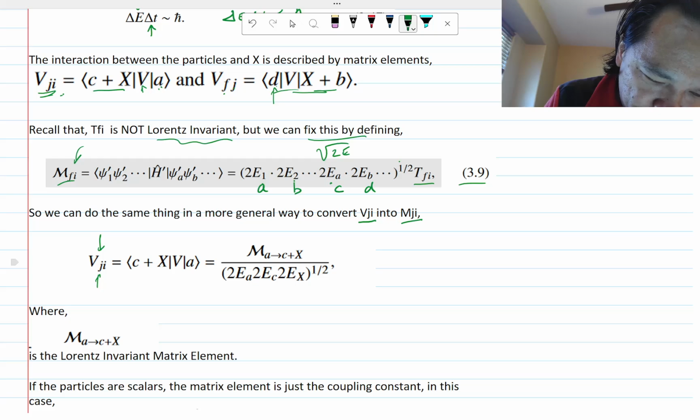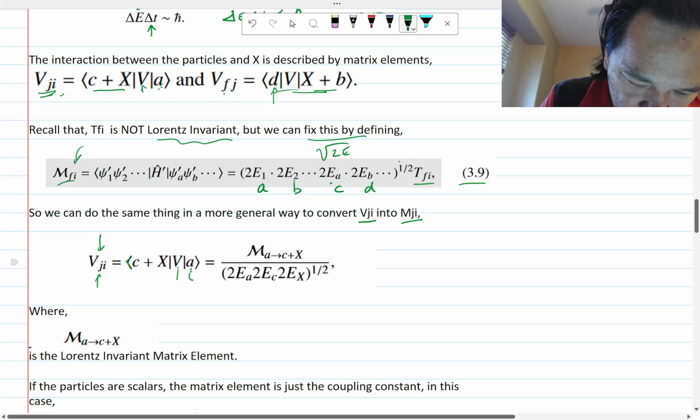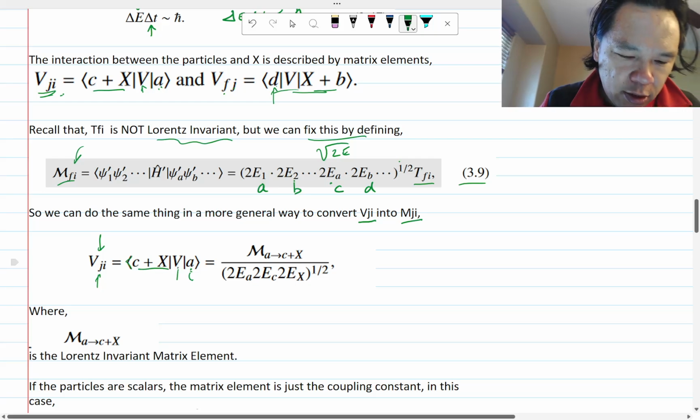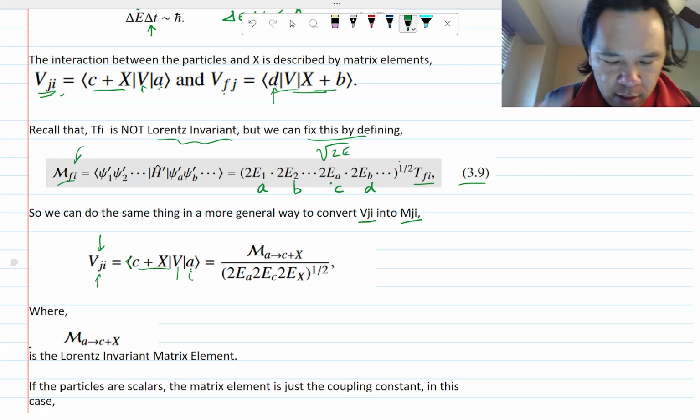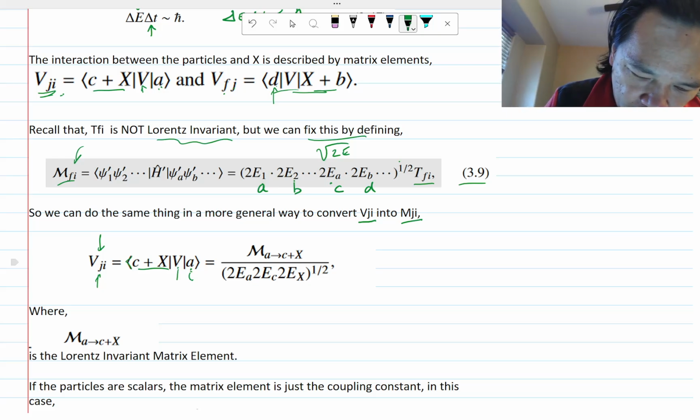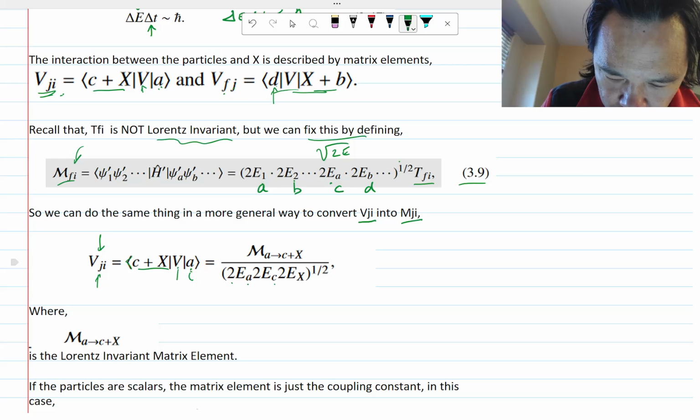Remember, it's this matrix element calculation of whatever the initial state is through that potential to this intermediate state where you have both the C particle and the intermediate particle. And just by dividing both sides by 2 times all the particles that are involved,